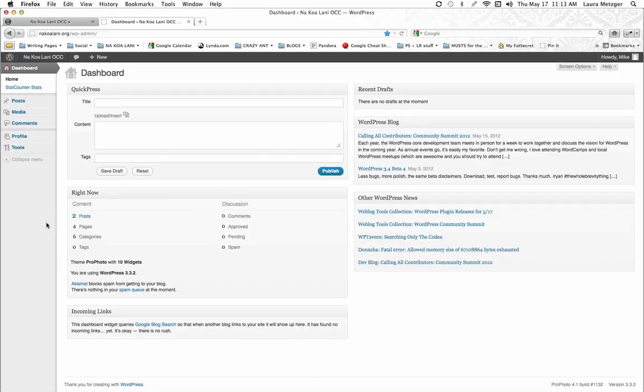Okay, so here we are. This is called the dashboard area. There's several things. This is incoming news about WordPress, just stuff you don't even need. You can turn it off if you want. If you have drafts that are waiting, how many posts and so forth. But the area that I really